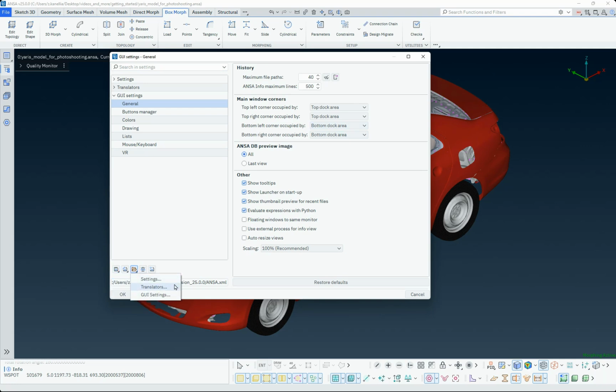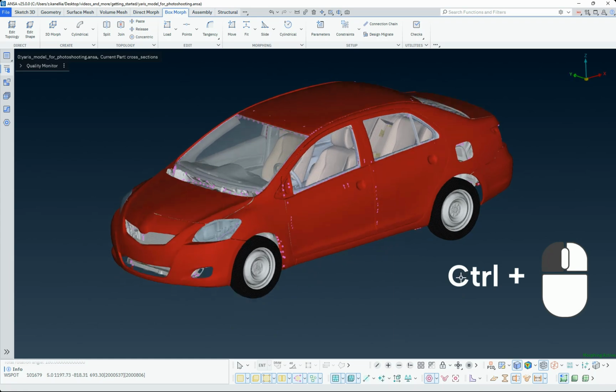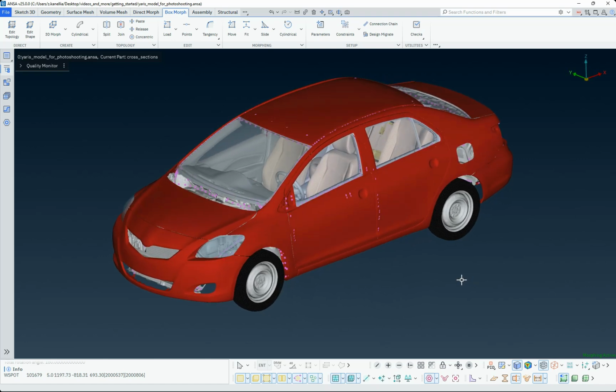Manipulating the model's view involves a combination of mouse and keyboard commands. Holding down the Control key and clicking the left mouse button results in the model rotating along an axis perpendicular to the mouse path. Similarly, pressing Control and the right mouse button causes the model to rotate around an axis normal to the screen plane.